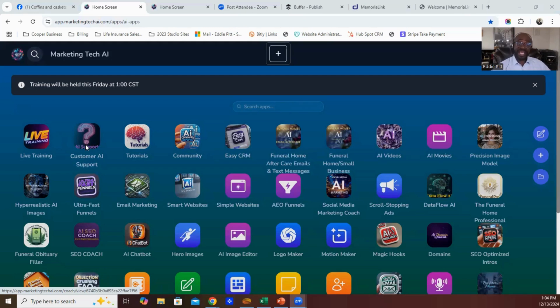And on your desktop, you will also see our community tab. In the community tab is where you're going to go and just let people know what kind of successes you're having. You're going to see what some of your colleagues are experiencing, and you can also ask questions in the community. We really do encourage you to go into the community.